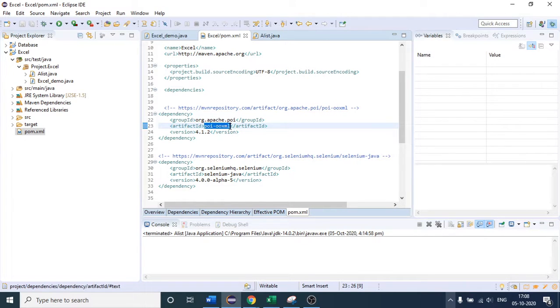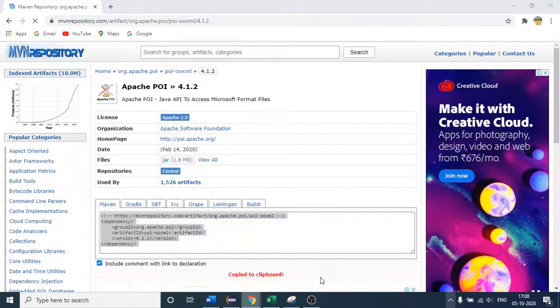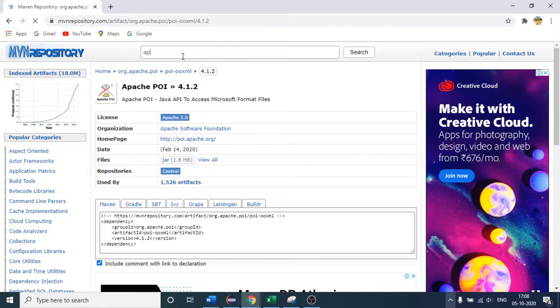After that, we have to provide one more dependency, which is this one, POI. How are you going to get that? Again the same, just search Apache POI.